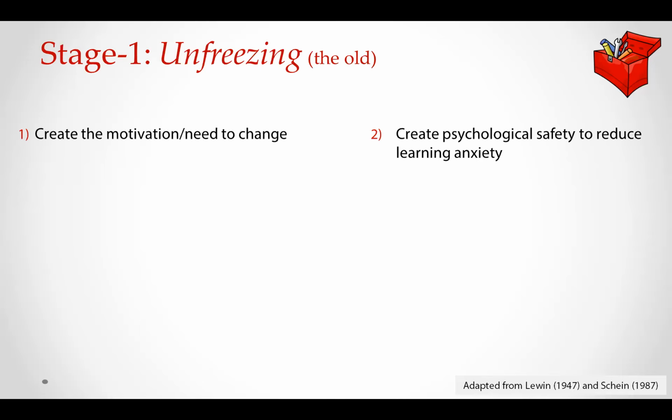Now, just to look at a little more detail in these two stages, unsettle what is the current state. So, in our ice cube analogy, the unsettling is introducing heat, right? Heat is the external stimulus you provide in order to start melting the ice. So, the status quo needs to be disconfirmed. So, you will have to change the status quo. Only then will that need for change